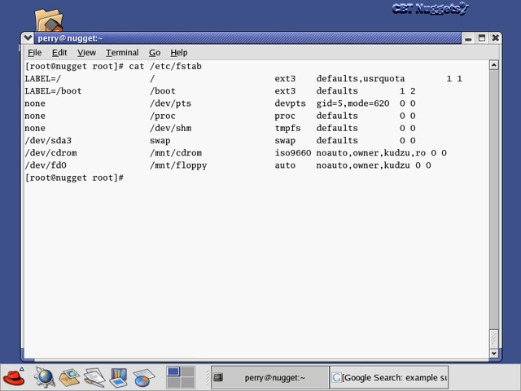Now, one thing to note here is that the quotas that you're going to enable, like user quotas or group quotas, are going to be implemented on a file system by file system basis. So I can't put a user quota on, like, the /temp directory, unless I have a partition explicitly set